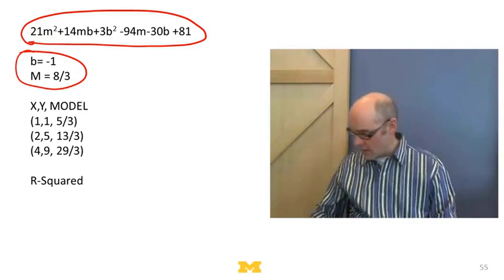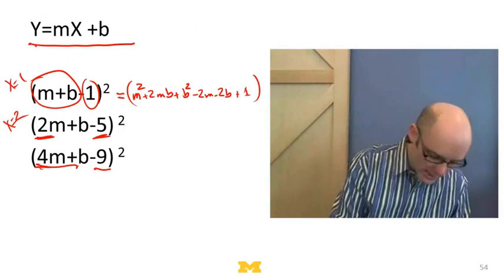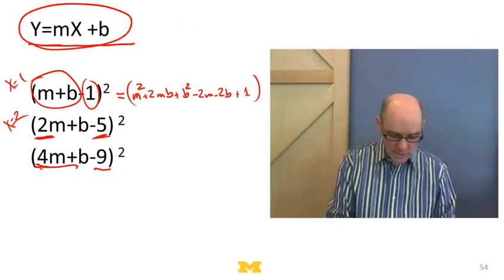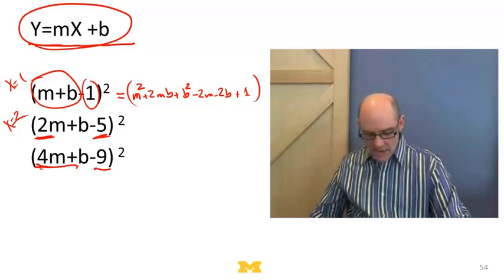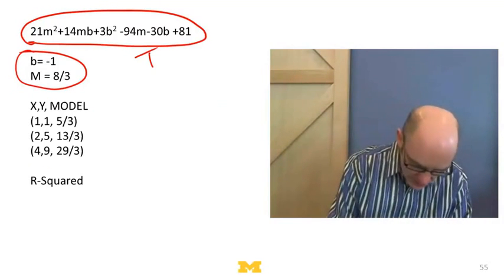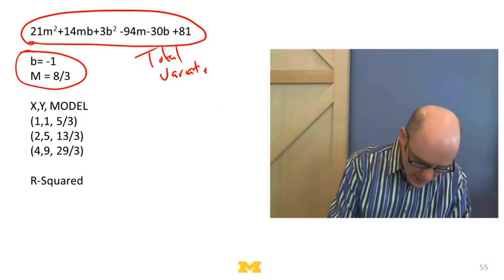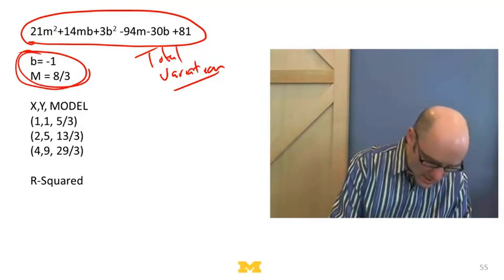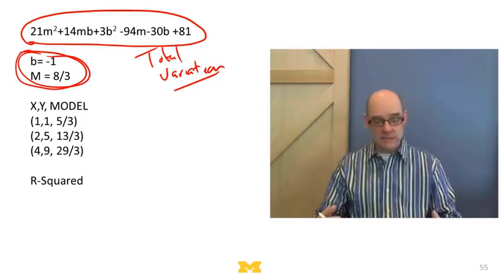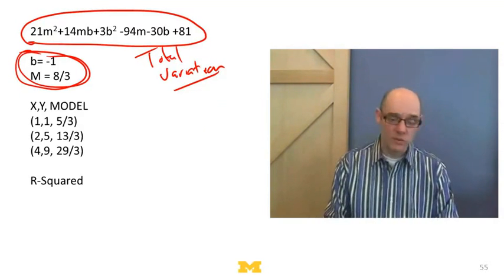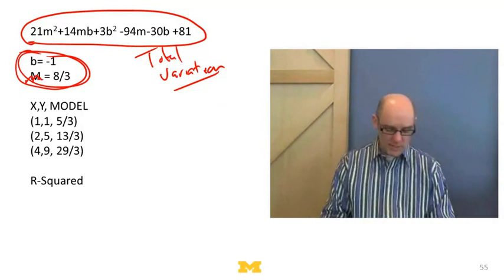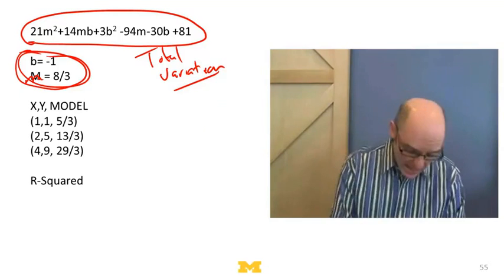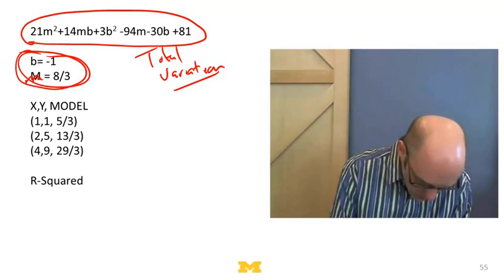You basically go back and say, let's take any line, y equals mx plus b, figure out its distance to the data, add up your total distance, so this is just the total distance, or the total variation, and then you want to choose an m and a b that make that as small as possible. And it turns out the way to do that is to choose b equals minus 1, and m equals 8/3. Now when we do that, what we're going to predict is that when